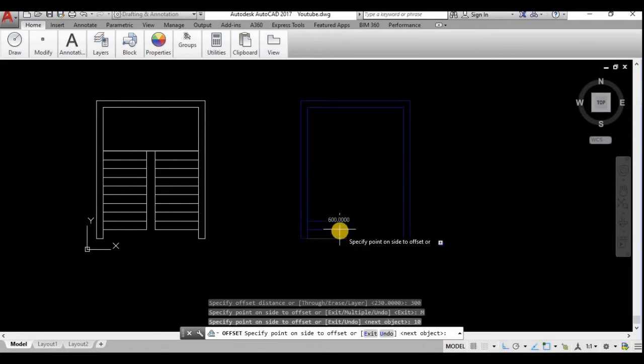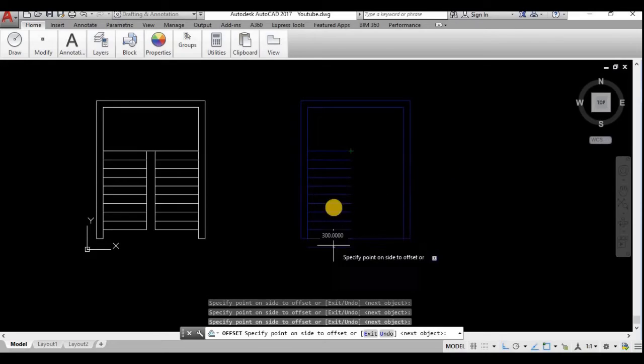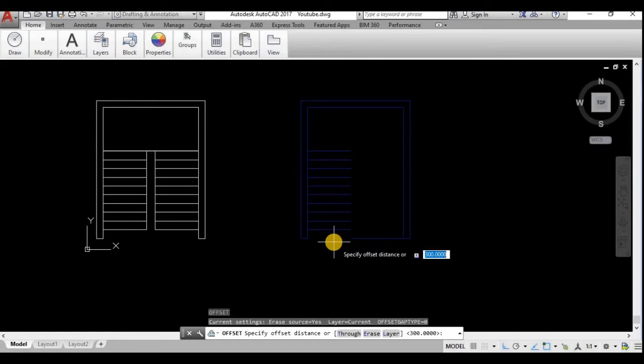I am clicking up to where I can provide. Up to 3300 I have provided this. It may be 10 objects or something. I have provided it in the direction I need. If I click enter, the source object will be deleted. See here, the source object has been deleted. Okay, I shall enter it again.